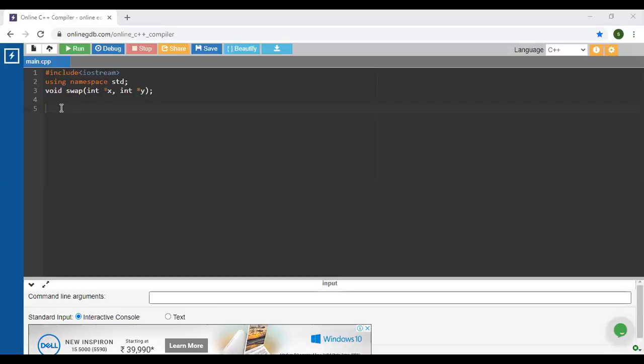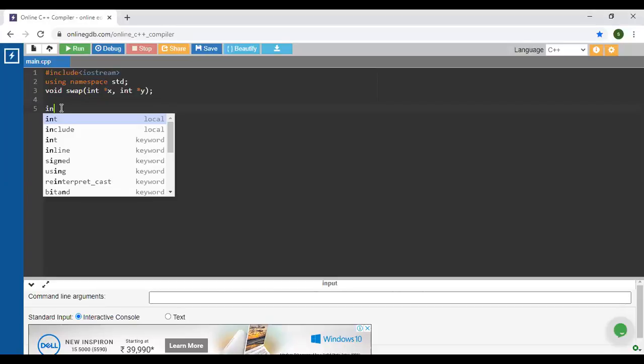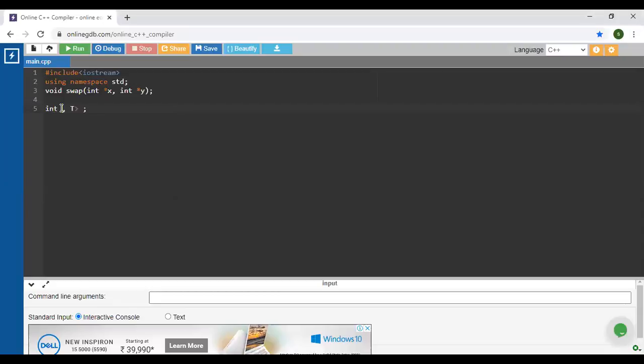Next is our main function. Integer a = 10, integer b = 20.